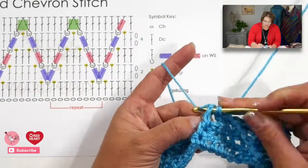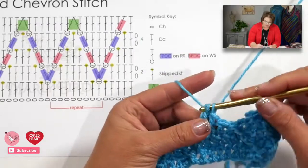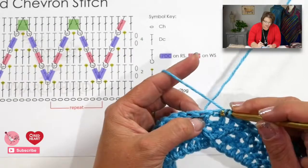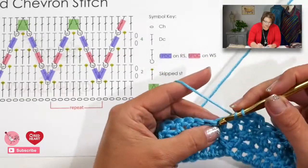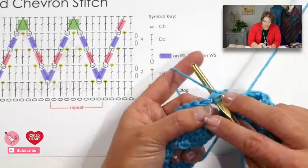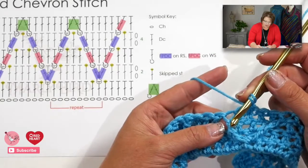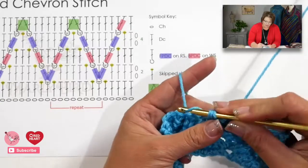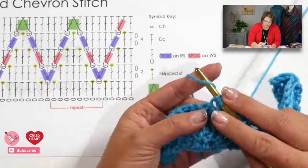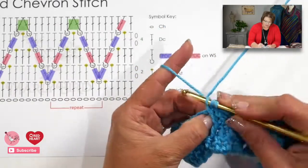So we will do a front post double crochet around that post stitch, do a double crochet into the top of that post stitch, do a double crochet in the next 3 stitches. So there's 1, 2, 3. And now we're over here to this post stitch. So we start off with a double crochet into the top of it. And now we're going to do a front post double crochet around the post. So I'm going around the post as a front post double crochet and I complete that. Skip the next stitch, double crochet in the next stitch, skip the next stitch, and I'm back over here to the post. So one last time, I do my front post double crochet,